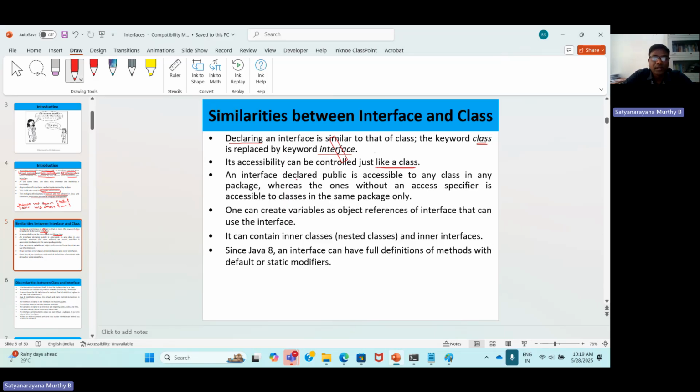An interface declared with public accessibility can be accessed by any class in any package, whereas the one declared without any access specifier is